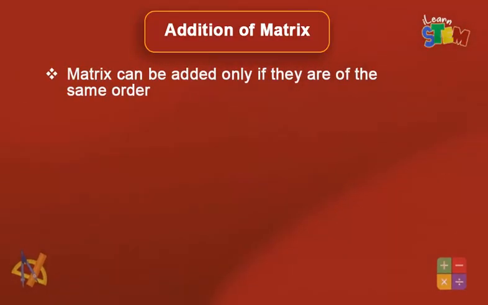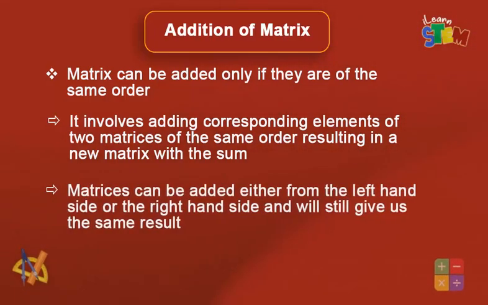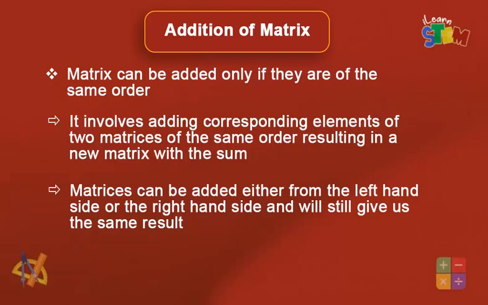Matrices can be added only if they are of the same order. It involves adding corresponding elements of two matrices of the same order, resulting in a new matrix with the sum. Matrices can be added either from the left-hand side or the right-hand side, and will still give us the same